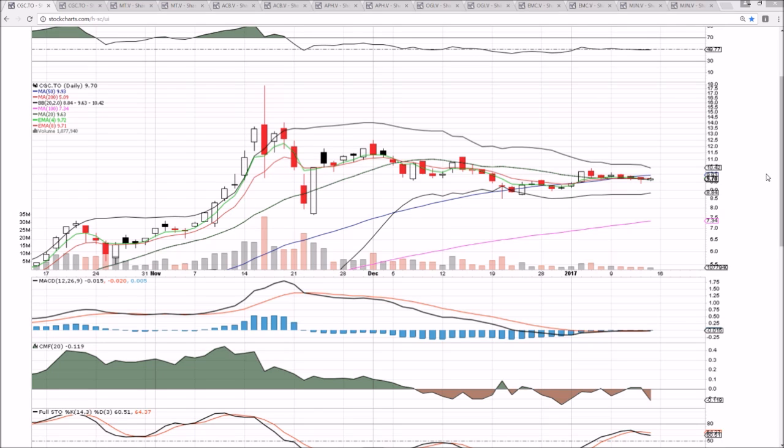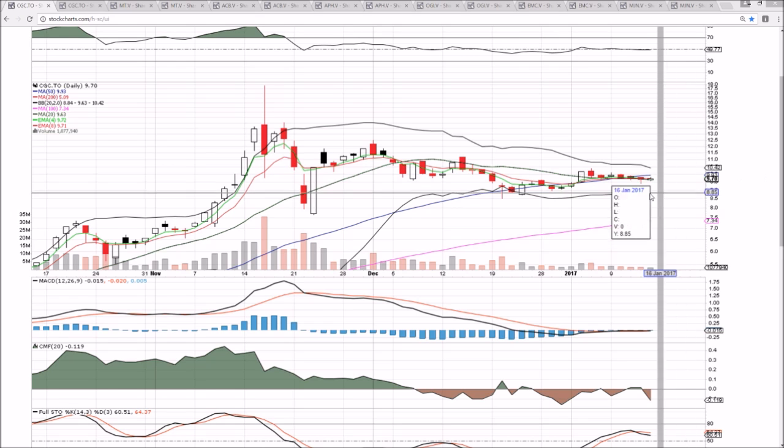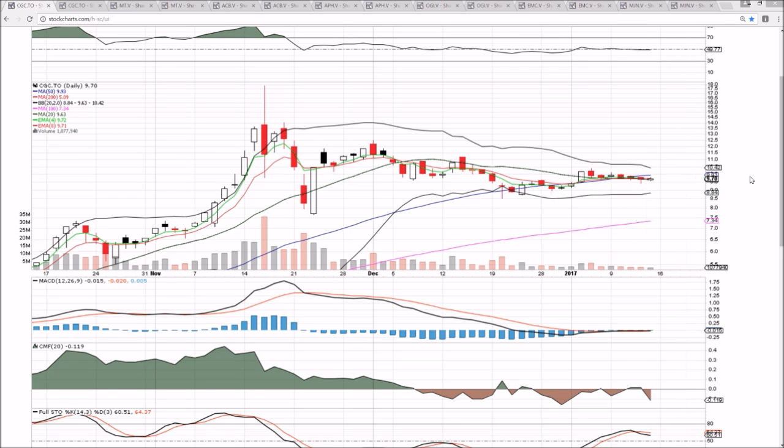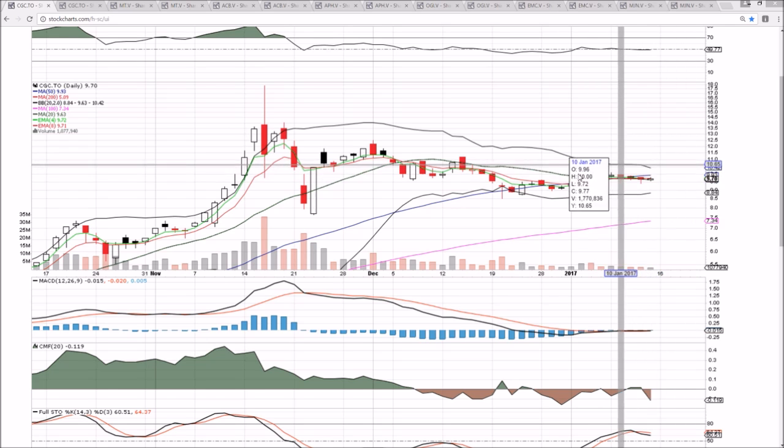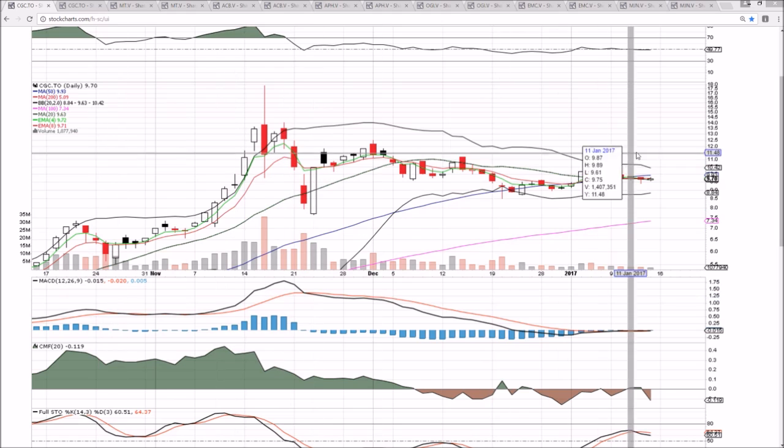And again, a comparison I use is a rubber band. When you stretch it tighter and tighter, the difference between potential and kinetic energy, once that rubber band does snap, we get a sharp move and a spike in volume in one direction or the other, either a breakout or a breakdown. So as of right now, it would favor the bulls because the overall longer-term trend is bullish,